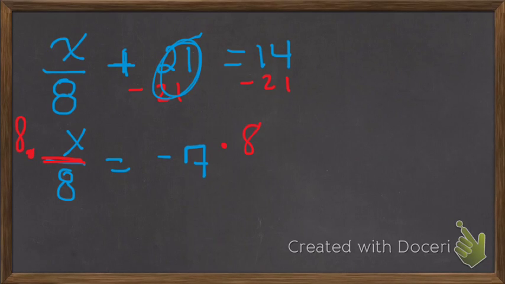And then what's left? Now remember, to undo this division, we multiplied by 8. So they undo each other. They make a 1. 8 divided by 8 is 1. 1x. When I cancel that out like that, it's really just a 1. We don't have to write the 1 in front of the x. If you do, it's not a big deal. -7 times 8,